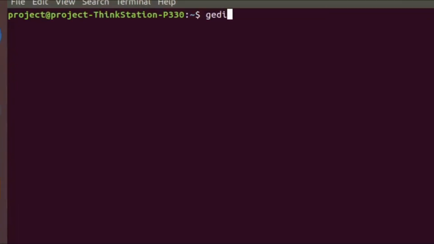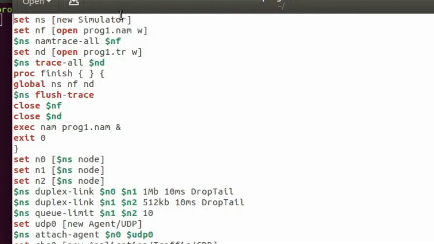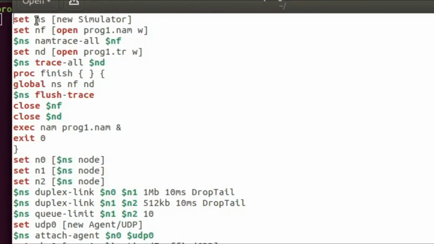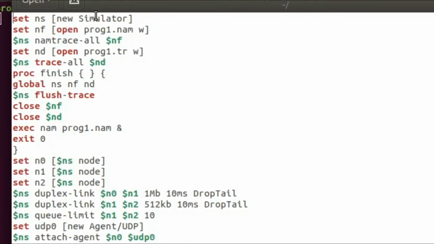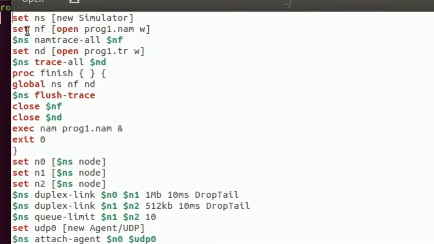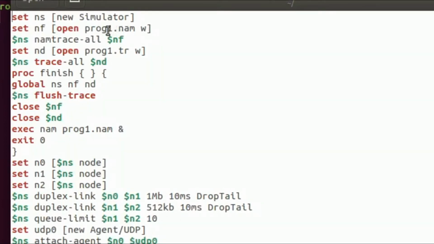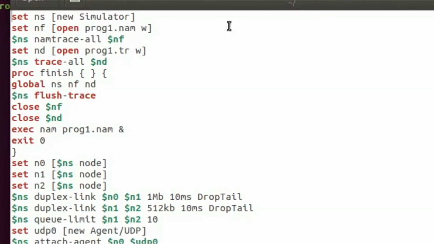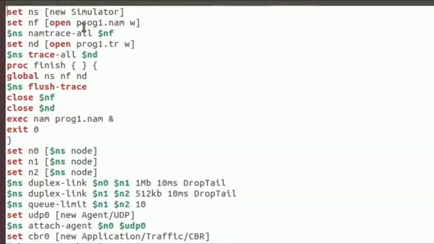Very first, open the text editor and type the TCL program with the extension .tcl. Set ns new simulator, that is, set ns [new Simulator]. The second step is to create the file: set nf, open program1.nam. The nam is the animation file, with the .nam extension, in write mode.